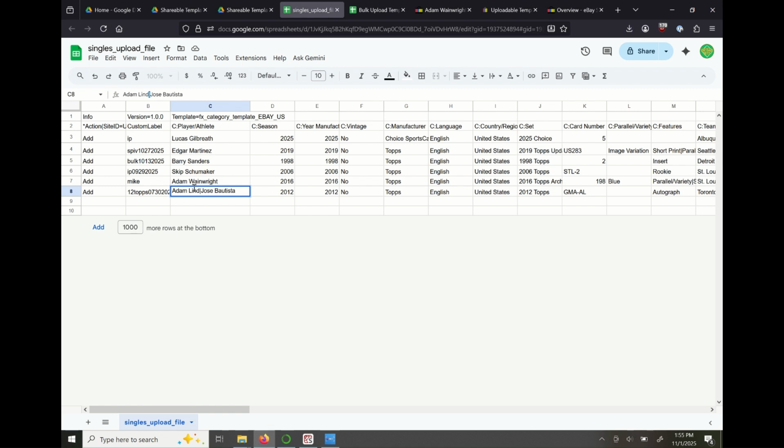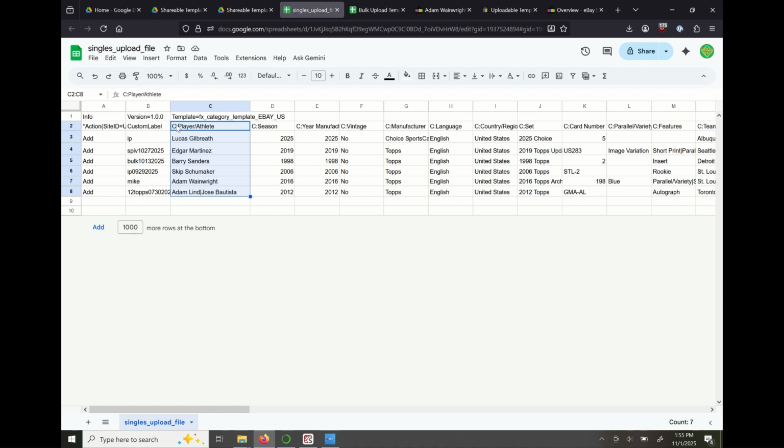Of course, now that I'm editing this, who cares? I've already uploaded these to eBay. They're already live, so I'm just showing you from this spreadsheet what's going on. But you want to use that pipe character anytime multiple values are allowed. And I do want to say that eBay allows, I think, a maximum of 30 values for multi-value fields, such as C: